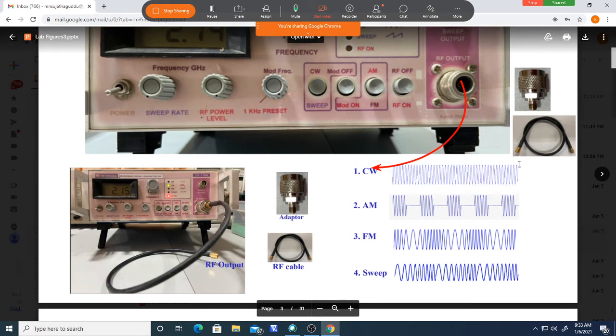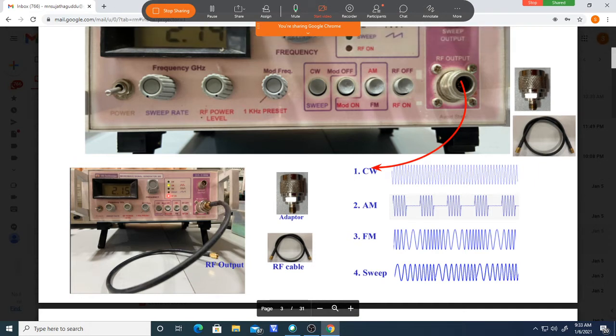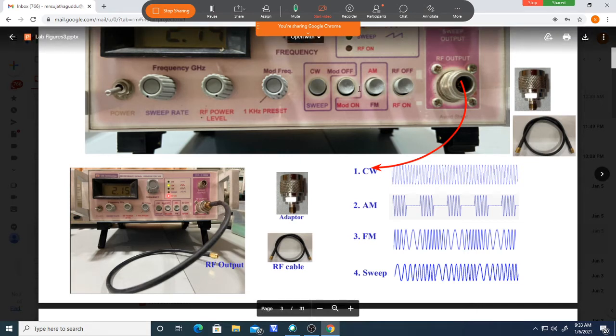Next, these are male and female connectors. You connect this cable, one end to here, and the other end is here. So from here we are taking the output. From here we take an output from this one. Output is coming from here. Okay, so this way we should connect here.